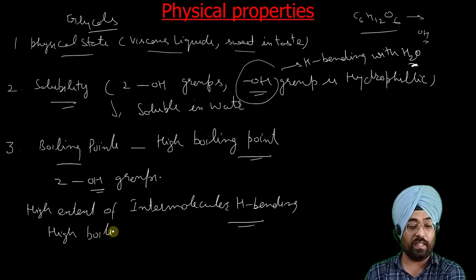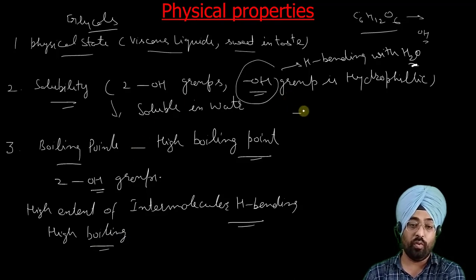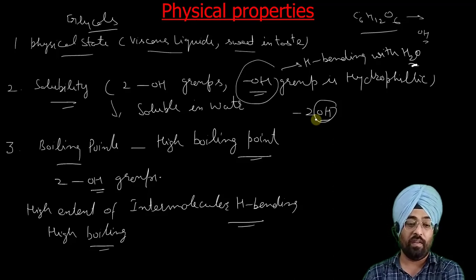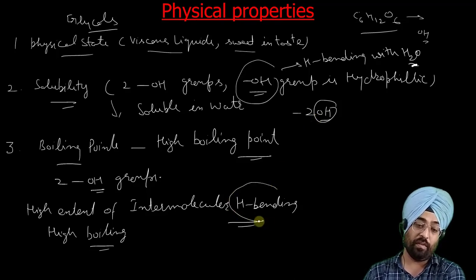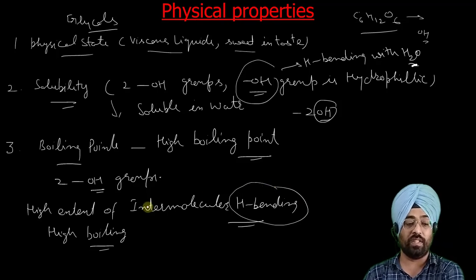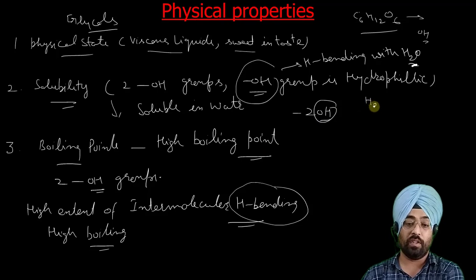So this we have already discussed, how hydrogen bonding affects boiling point in the case of alcohols. Now these diols have two OH groups, so their extent of hydrogen bonding will be high. If the extent of hydrogen bonding is high, then these molecules will have higher intermolecular forces of attraction, and these forces are because of hydrogen bonds. So that's why these compounds have very high boiling points, and those diols which are solids have high melting points. And one thing more, the mixture of water and ethylene glycol,